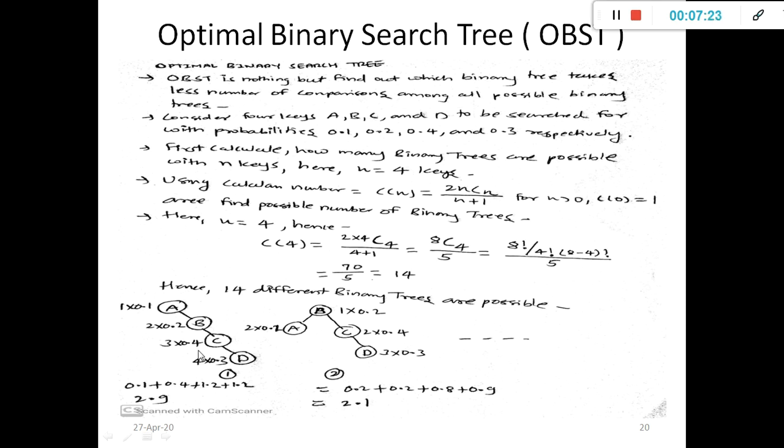Now we can say that among only these two binary trees, this one is the optimal binary tree because it takes an average number of comparisons of 2.1, compared to the average number of comparisons required in the first tree, 2.9. But we cannot say that this is the optimal solution, because we have not considered the remaining 12 different binary trees. So let us see how to get the exact optimal binary search tree. You have to apply dynamic programming as shown in the next example.